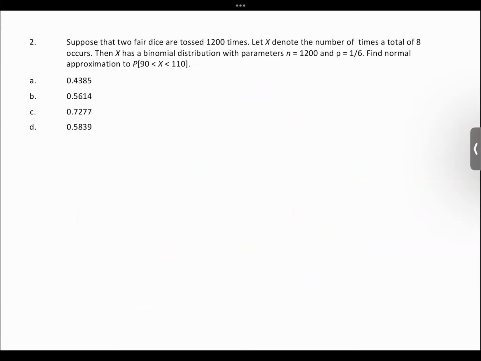Now the next one. Suppose two fair dice are tossed 1200 times. N is equal to 1200. Let X denote the number of times a total of 8 occurs. So X is like when you roll 2 dice, the sum should be 8. So it can be